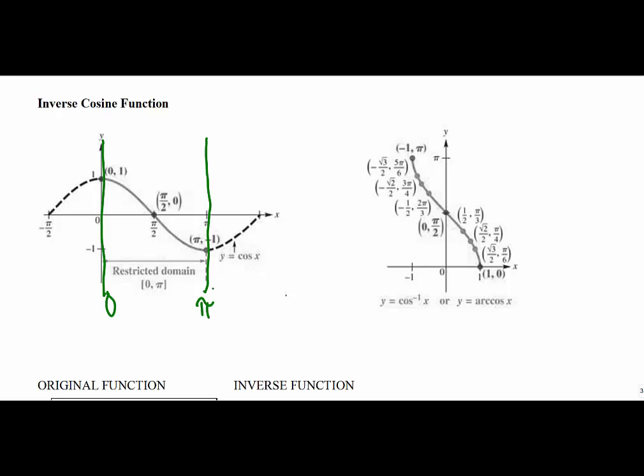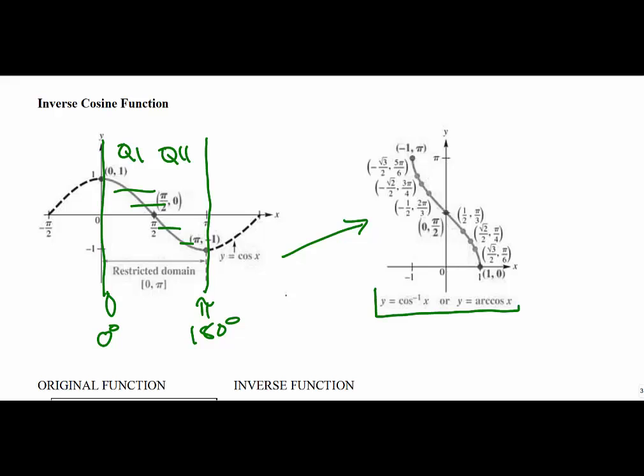So if I use only the portion of the graph from 0 to pi, we see that it passes the horizontal line test. It will be 1-to-1. Of course, that's the same thing as 0 degrees to 180 degrees, which means we're working with quadrant 1 and quadrant 2. So when we go to actually find the inverse function, we switch all of the x and y values,